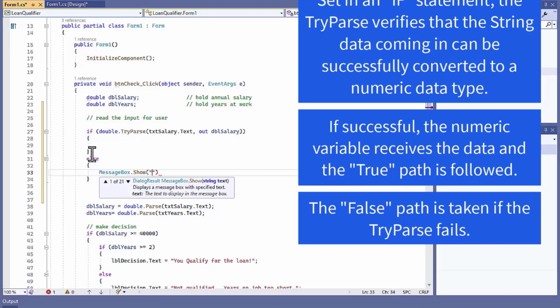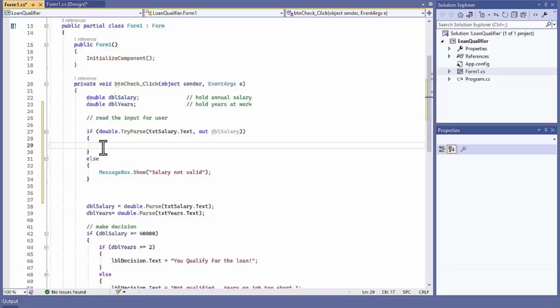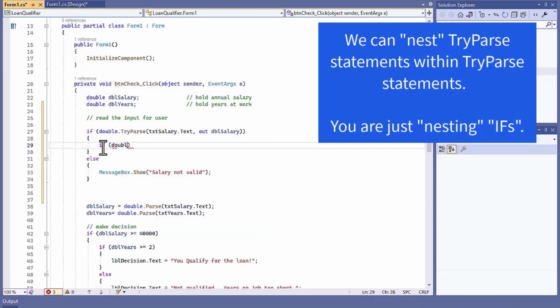And we're going to say, salary not valid. And that's fine. That works. So if the salary is correct, we're fine, and we can do something that's good. The next thing we want to do is bring in the years. So we're going to put another if in here, a nested if. If double.TryParse,